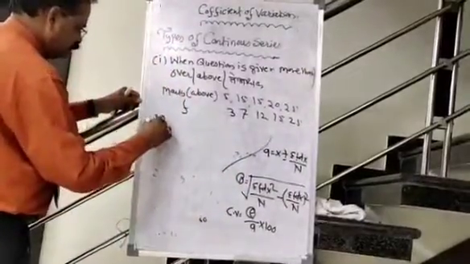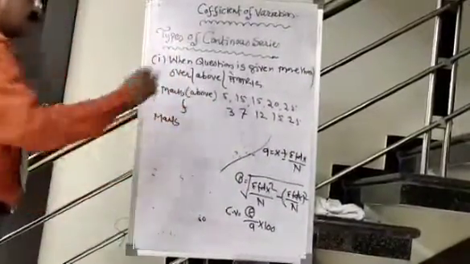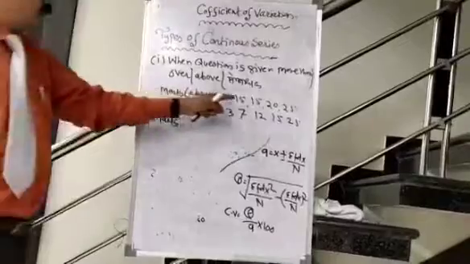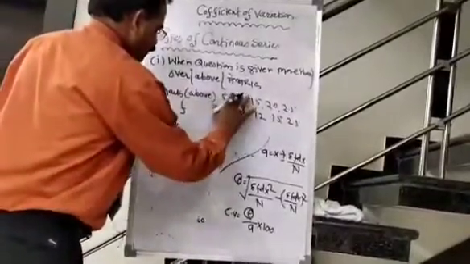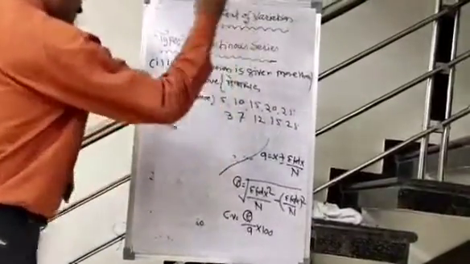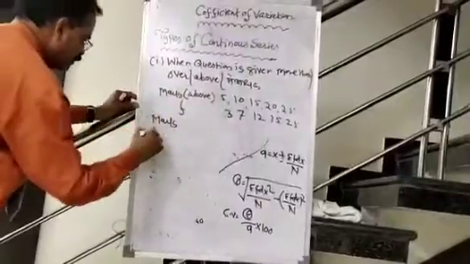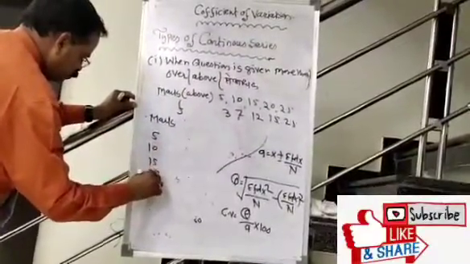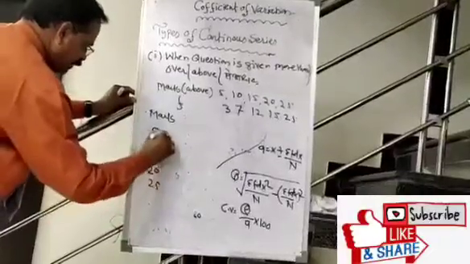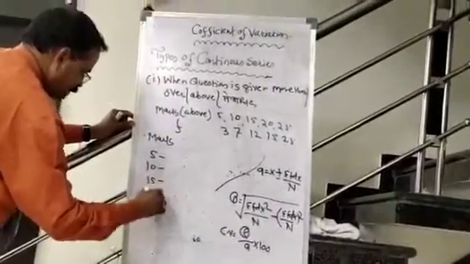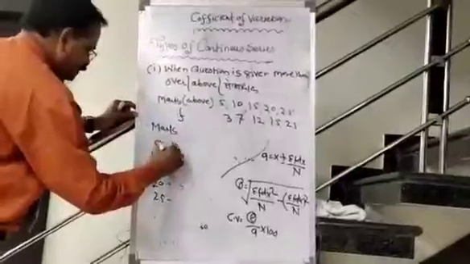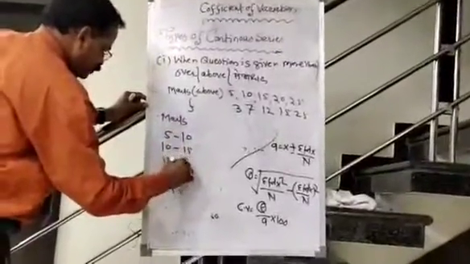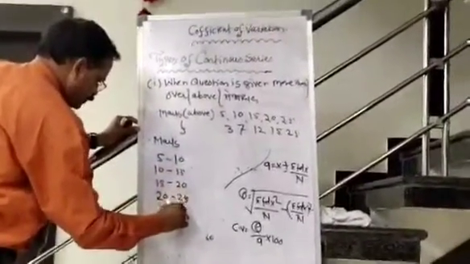In this condition, we will see the difference between items, and here the difference is 5. So which item is given? That will be L1: 5, 10, 15, 20, 25. And if we add the difference, 5 plus 5 is 10, 15, 20, 25, 30.